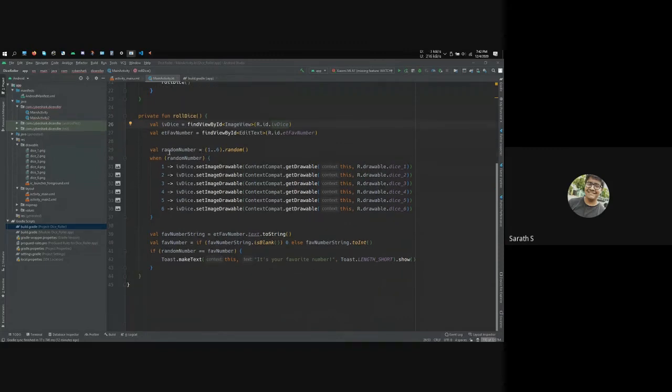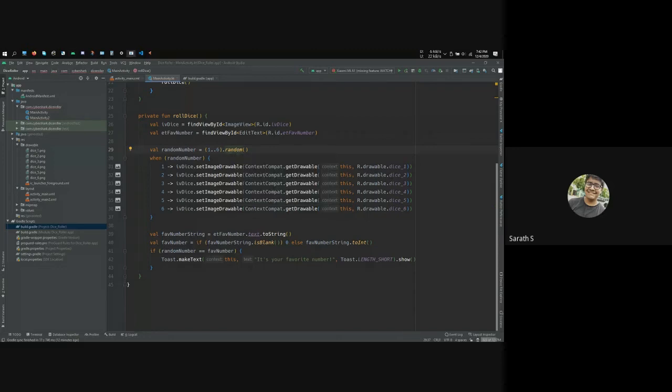So what we're doing is storing the random number in a value, and to generate the random number, we are giving 1..6. This is called an integer range. So to specify, let's say you want to go from 1 to 6, you just need to give it 1..6, and it goes through all the values, and the type is called IntRange. Then you use the random function to generate a random number from those numbers.